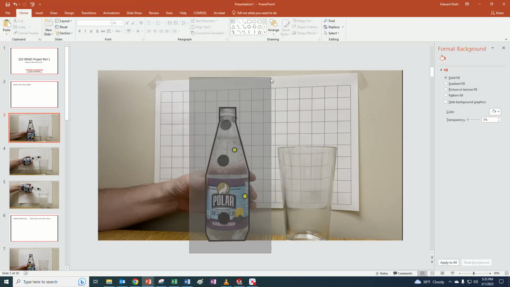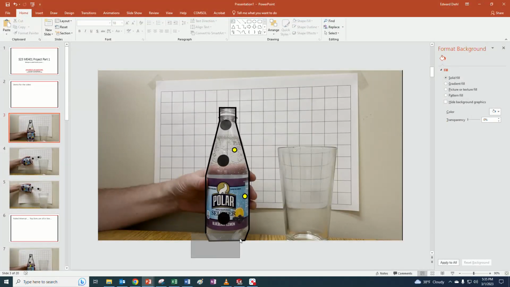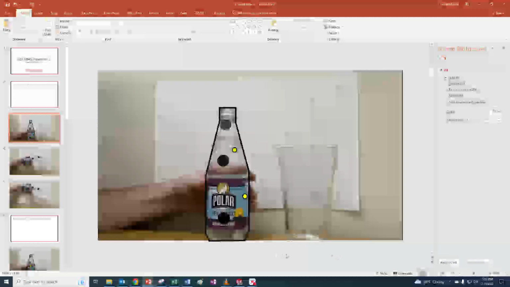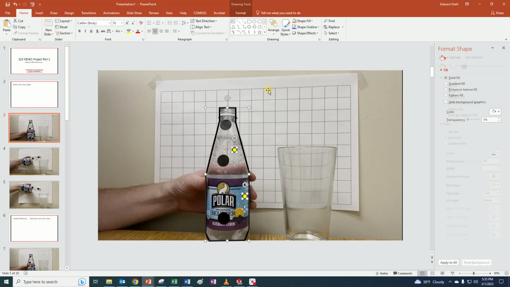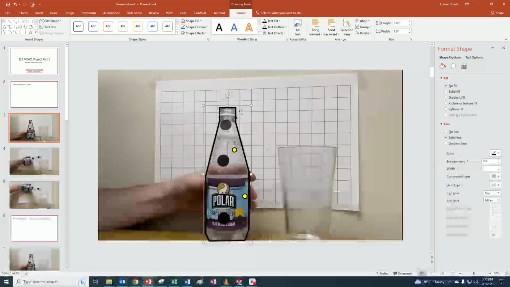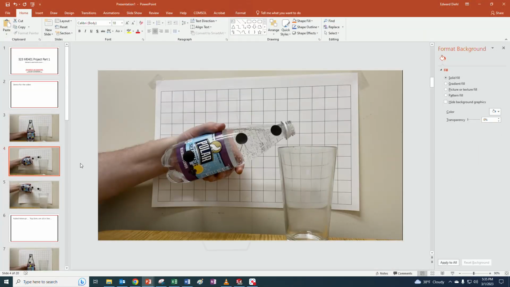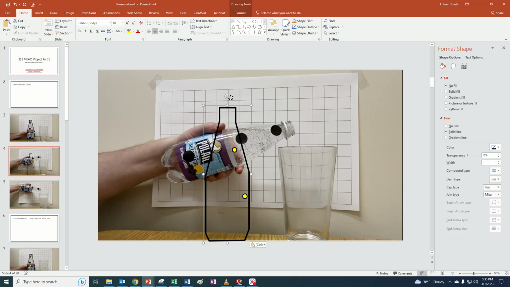Now, I've just randomly chose those. You might want to pick them in a good spot. You see that I zoomed out. By the way, I've been zoomed out here so that I can go ahead and grab everything. And I grab a hold of that. I come up to this format in the drawing tools, and I group this thing together. Now that I have that image and those two, I mean the outline and the two dots, I can Control C, and I can go to my next slide,